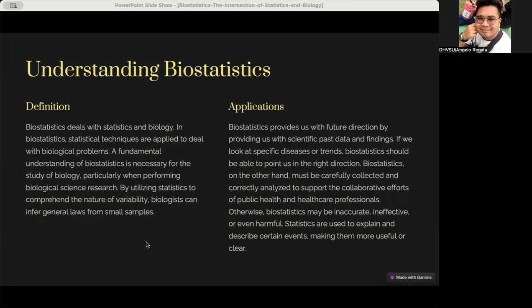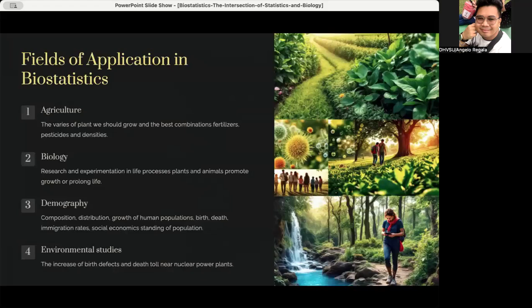To understand biological information, we are using statistics to explain and describe those events, making them more useful so that we can have a clear understanding of that particular situation or phenomenon. So that is what biostatistics is all about. The following slides are some applications of